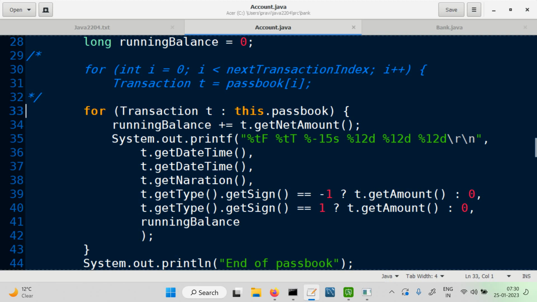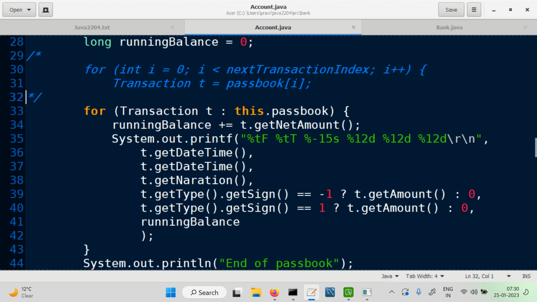Fine. So it is iterable, and therefore it has a method called forEach. So the change which can be done here is something like this. Instead of using the for loop in this manner,